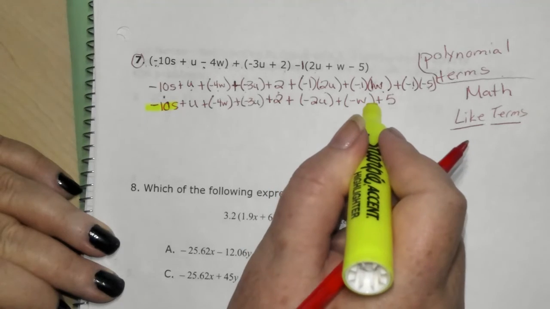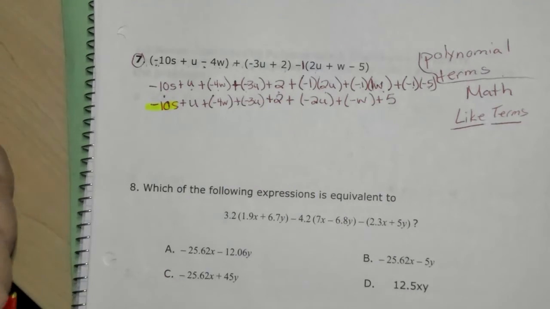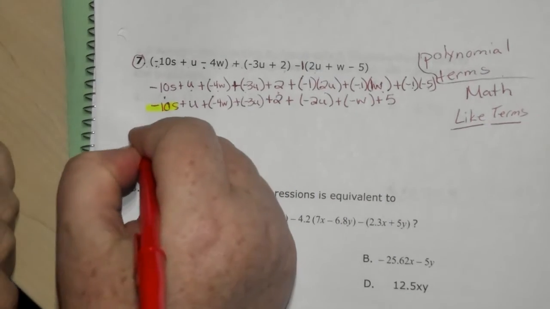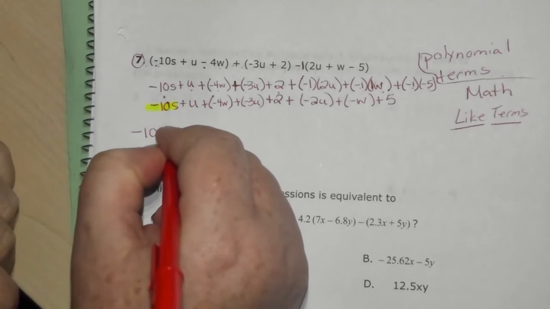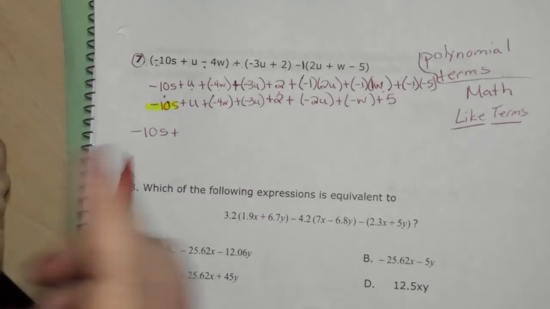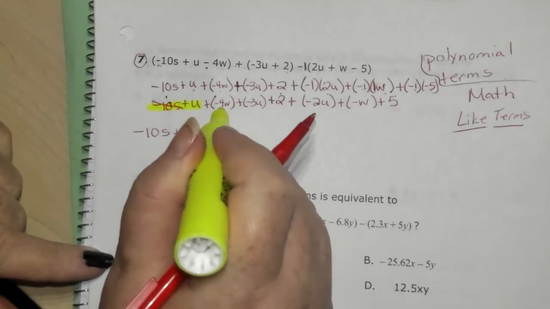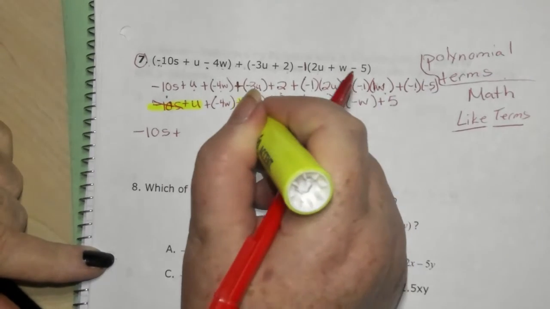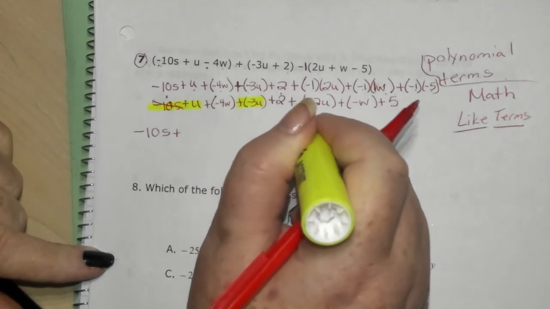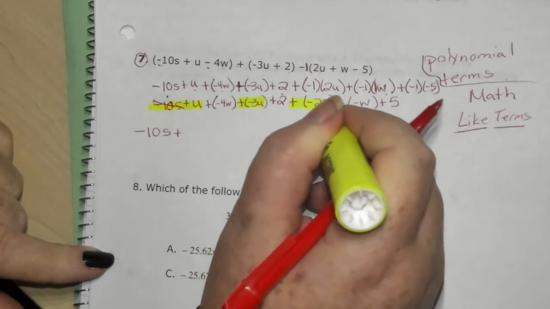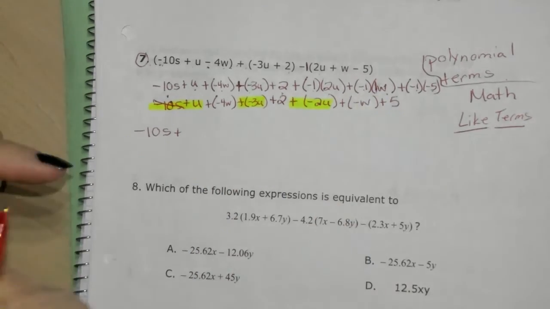W, 5. There's nothing to combine with that. Just bring them down. U, W, U, nothing, U, W5. So we have, let's write it over here,